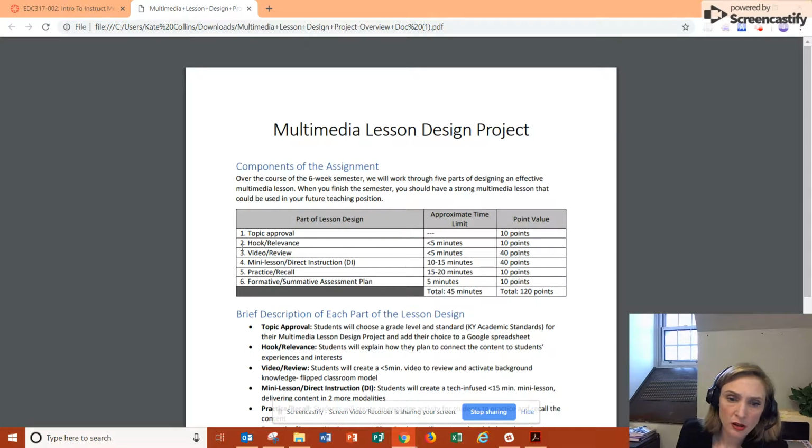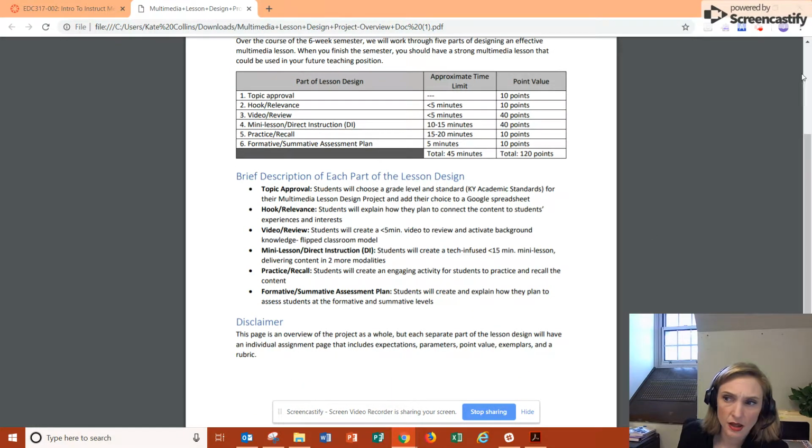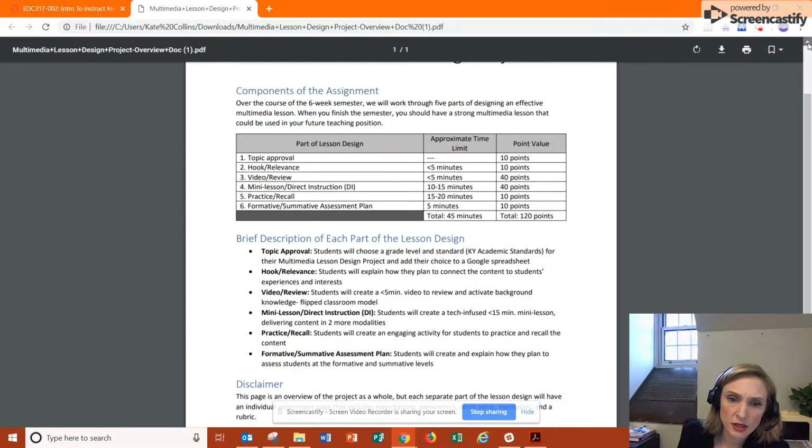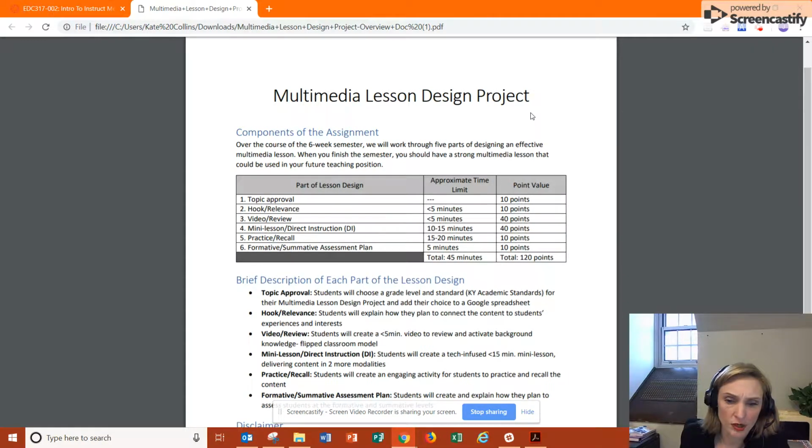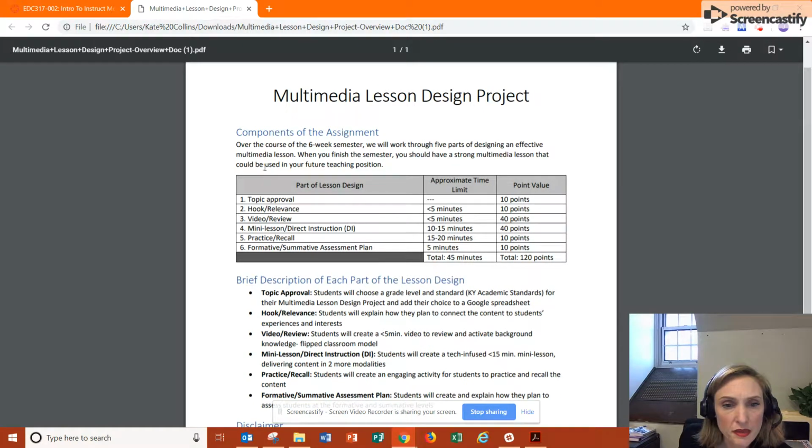So I've put all of that together in one document for you. Now, this document's not going to have a lot of details. The details will come to you later as we assign each chunk of the lesson. So this one page is really just to give you an overview of what it's all going to look like together. So the first thing that we're going to do, you actually should have already done, which is